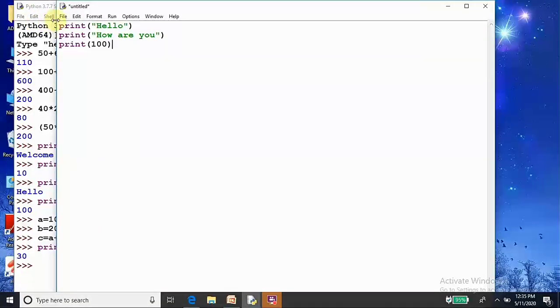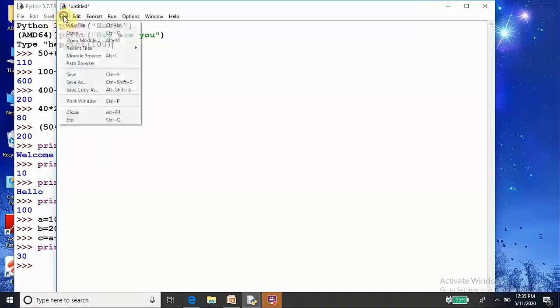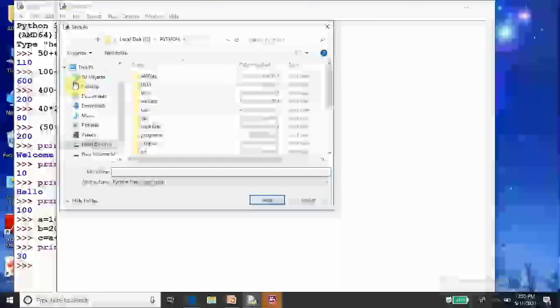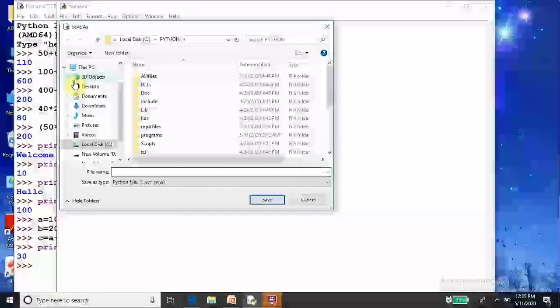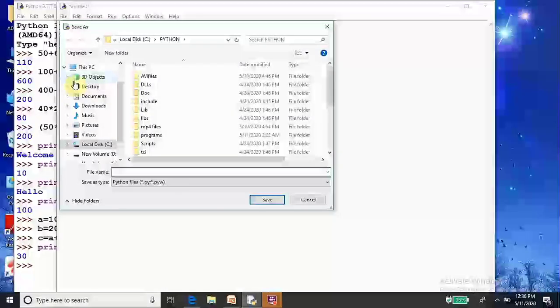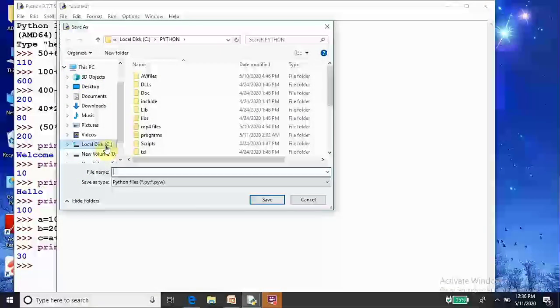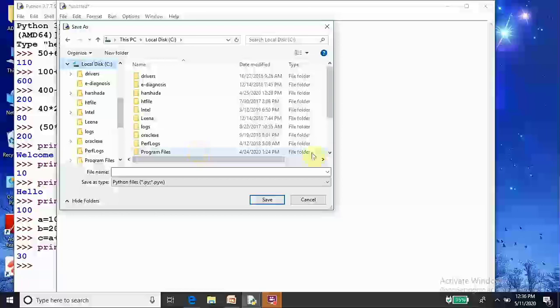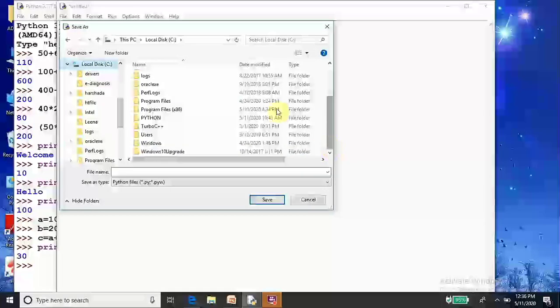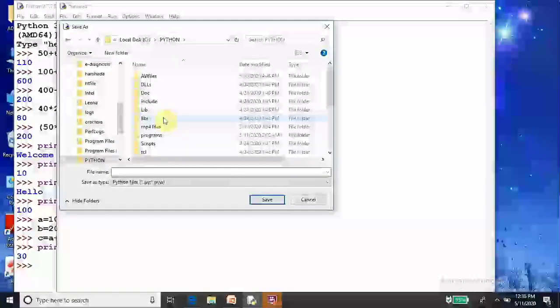Now I am going to show how to save the file. File, save as. I have downloaded the Python interpreter in C drive, Python folder. This is the Python folder.